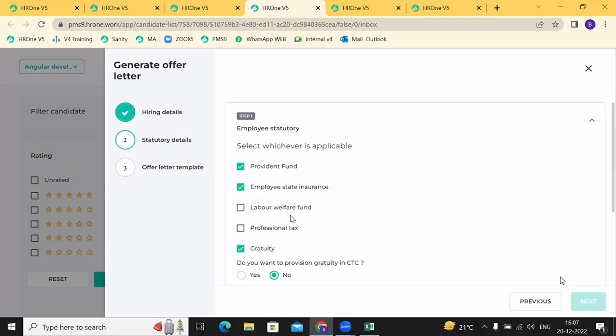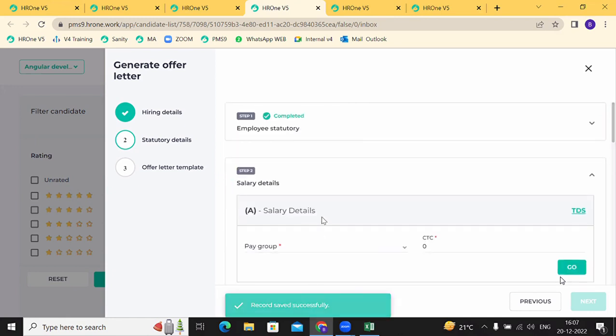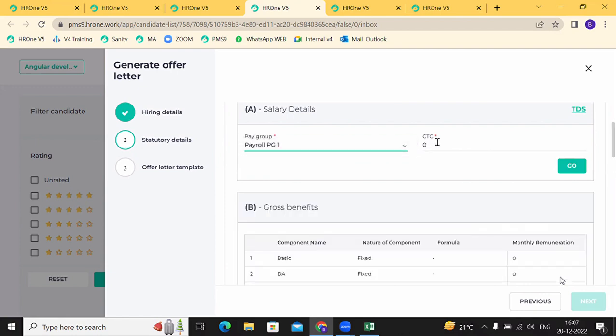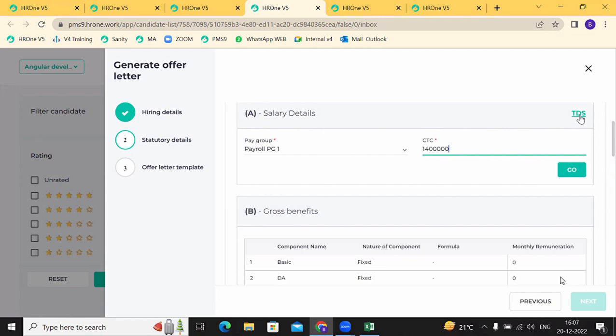These are some statutory details like PF and everything. In case you can select this, update the statutory details. Then these are salary details. You can select the pay group and then provide the CTC. Okay. Then in case this is your ClearTax link, if you had provided it, then